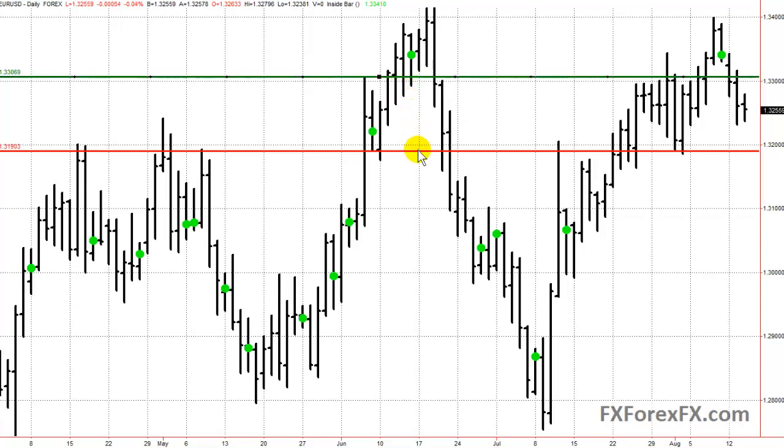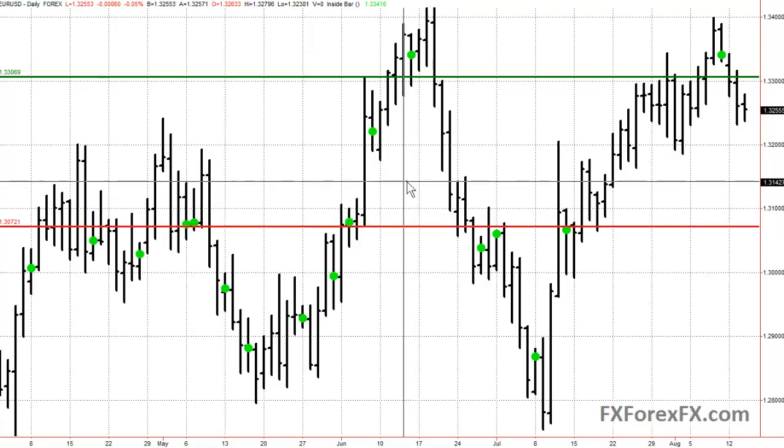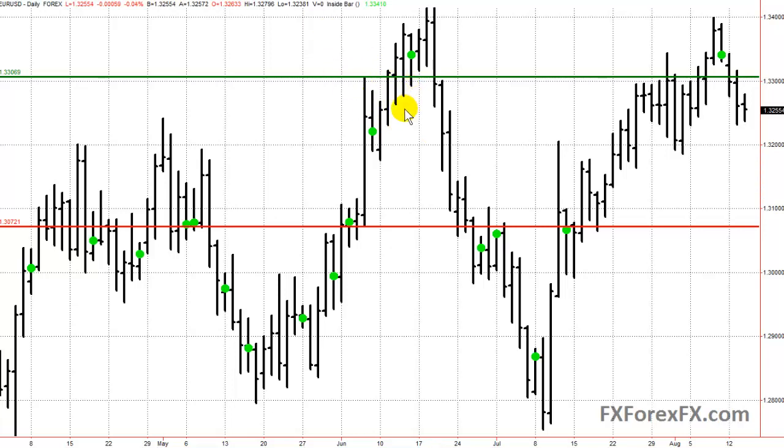Now the range I'm currently selecting, where I'm setting the horizontal bars, is the bar prior to the inside bar. So we're looking for a breakout of this particular level here to the upside, or a breakout of this particular level here to the downside. So we have the inside bar that lets us know we should prepare ourselves for a trade. This bar prior to the inside bar already tells us that we should be getting long up here, say 3 to 5 pips above this high. Okay, and we would be long here. We see another inside bar come along, that type of thing, and this would be the trade that we would be in. Now, as far as risk control is concerned,